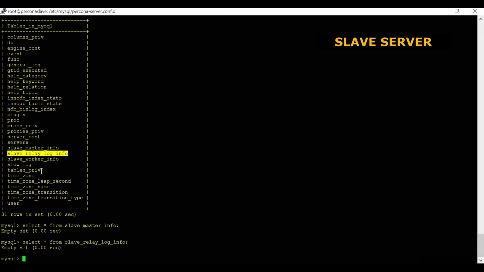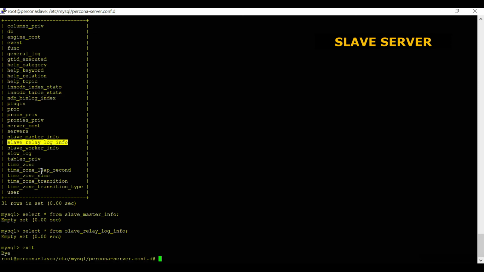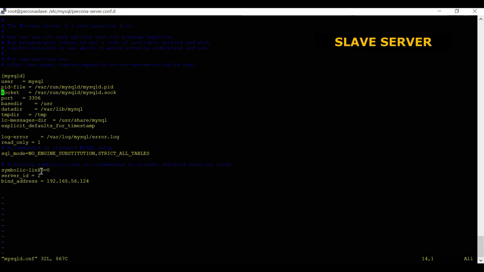If you want to record this data, whatever is updated in master, you have to set the parameters in your config file. Exit, vi my config file, go here. There are a couple of different parameters.